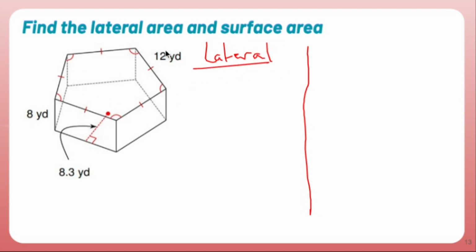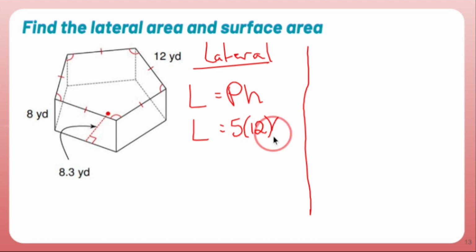You find the lateral area of any prism by doing the perimeter of the base times the height of the prism. Now, the perimeter of the base is found by saying, well, look, we have a pentagon, and there's 5 sides. Each side is 12 yards long. So 5 times 12, 60. The height of this prism is 8. So 5 times 12 is 60, and 60 times 8 is 480. And this is yards